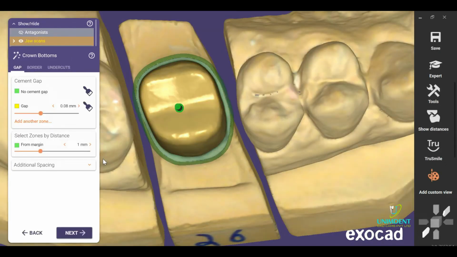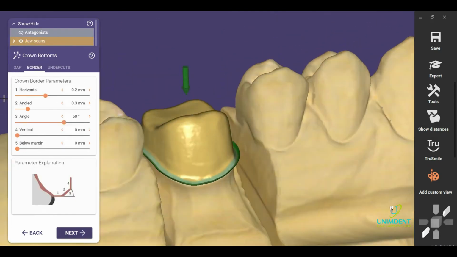So that is the cement gap. Cement gap, as we know, is 20 to 40 micrometers. So we can make it 0.04 from the margin, 0.4 at the border. I prefer to make all of this 0. Okay,